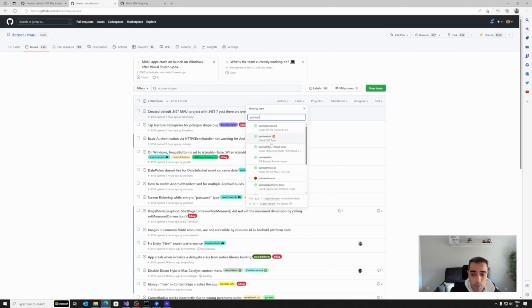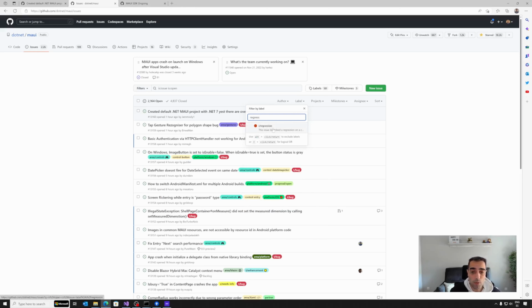This is another important label. Plus, and this is the most important one, the regression label. The regression indicates something that was working in a previous version and is broken with a new release. This is really, really important, and it's the most important thing to fix. So if you want to help with something like this, you can